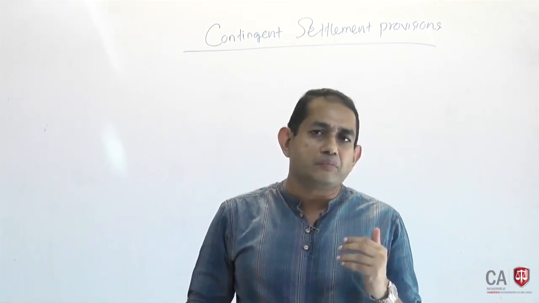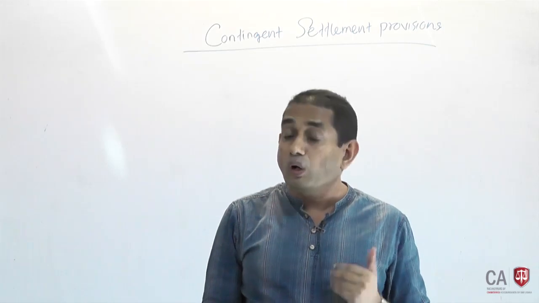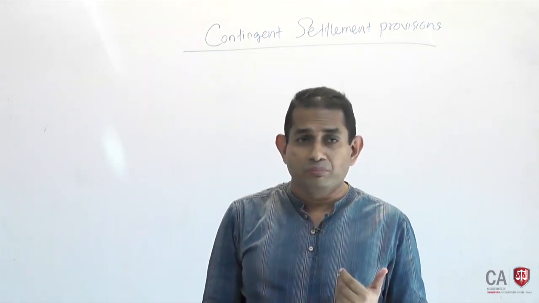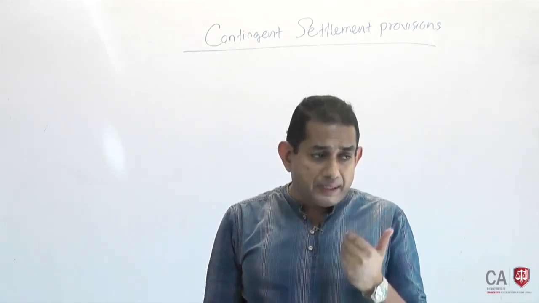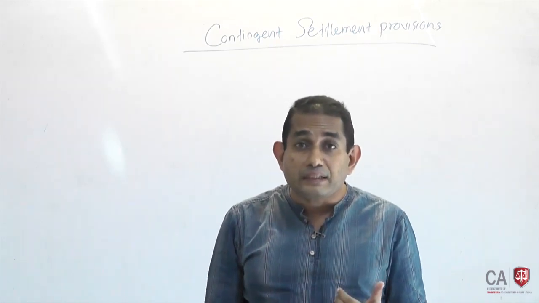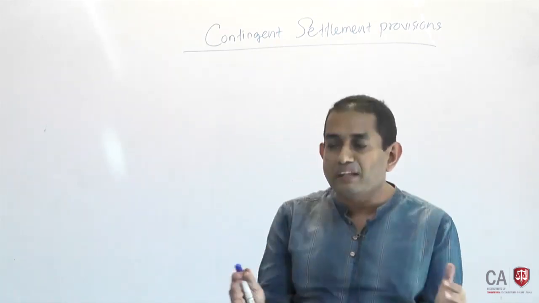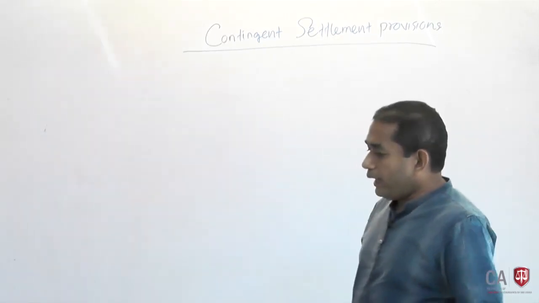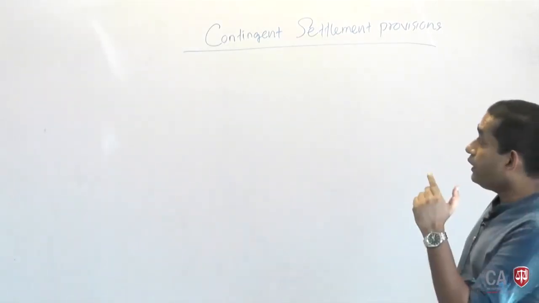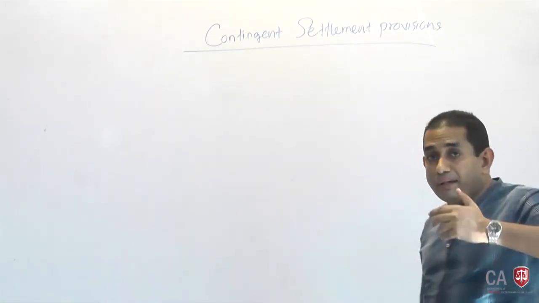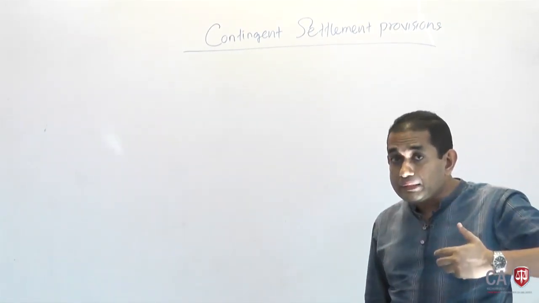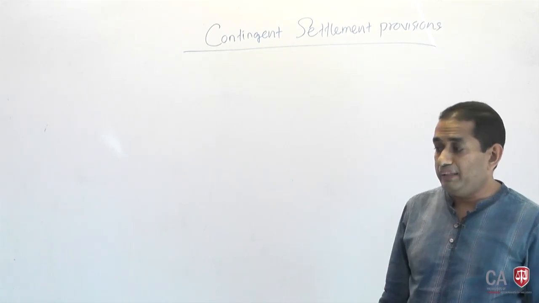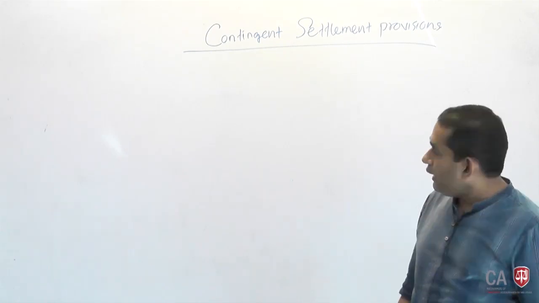You become liable to pay only if a particular event occurs in the future which is not within the control of the entity, and that becomes a liability only if a particular event in the future occurs which is not within the control of the entity. Let me take